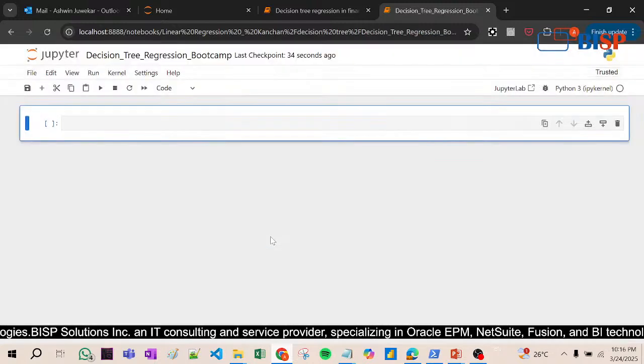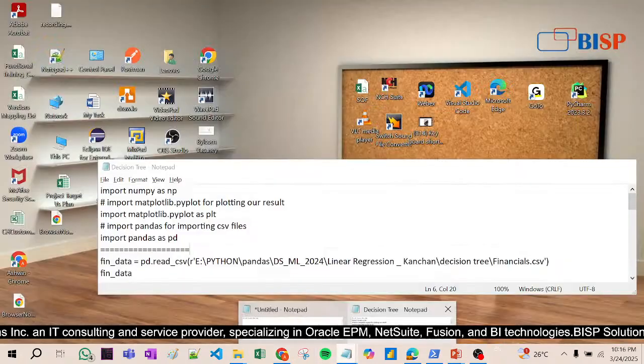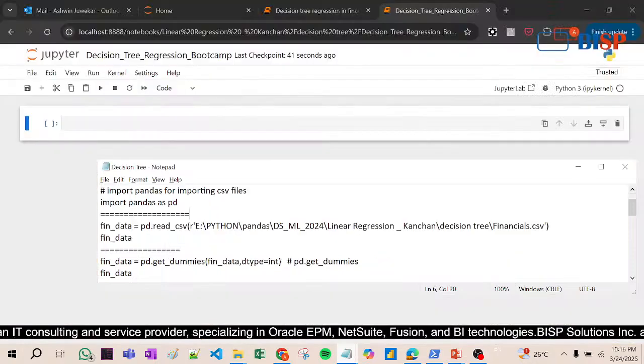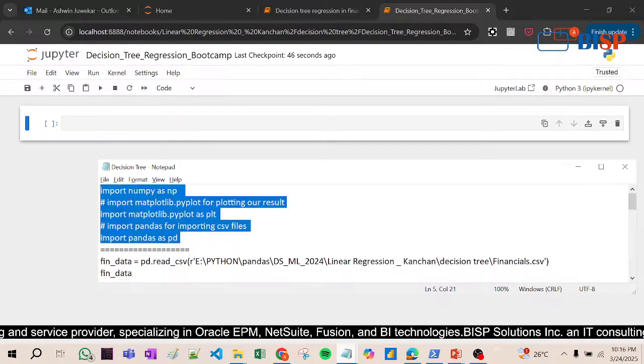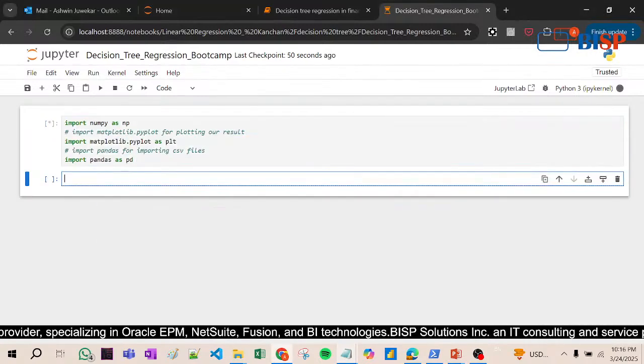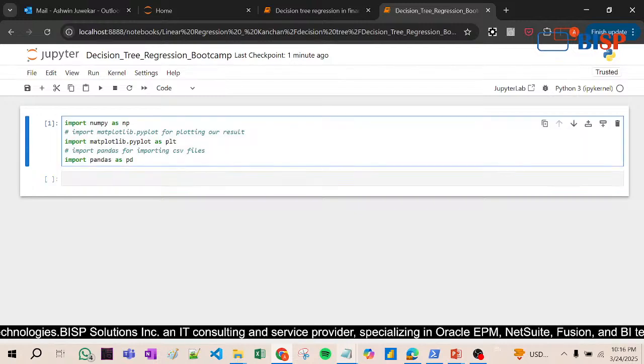Now first of all, we need all the necessary libraries, right? So we need the libraries first. I am writing it in front of you. Right now we need only NumPy, Matplotlib, and Pandas, so we are importing only 3 libraries. Many times it happens that these libraries are not installed on the laptop, so you have to install them. Now import NumPy as np, and Matplotlib pyplot as plt